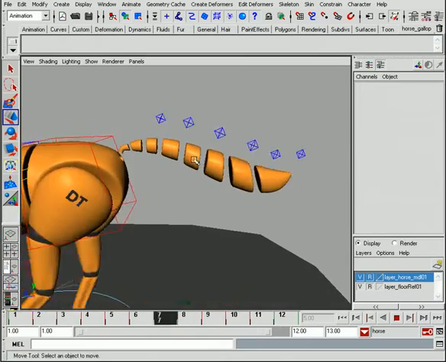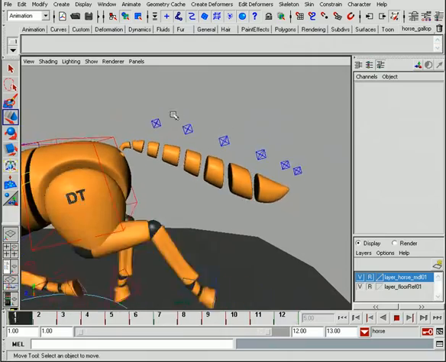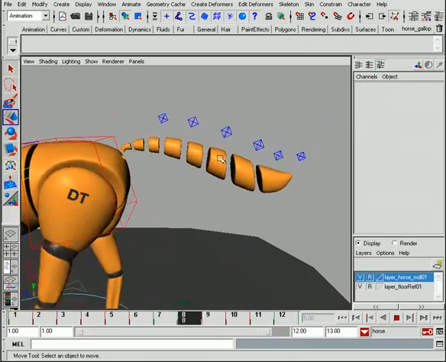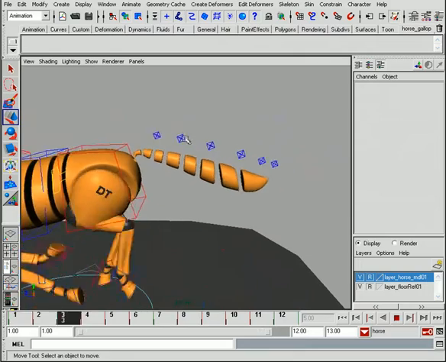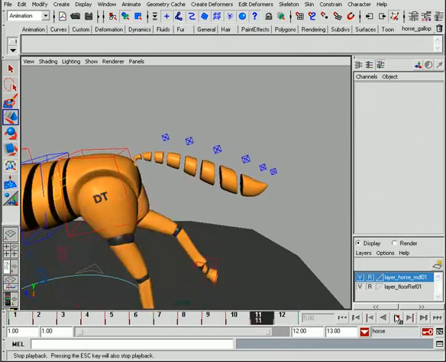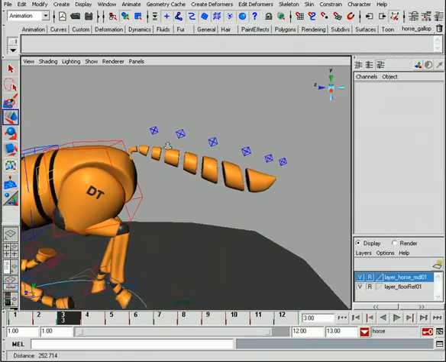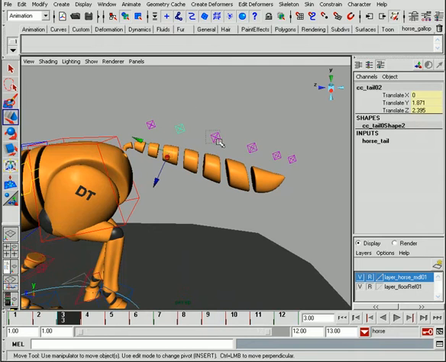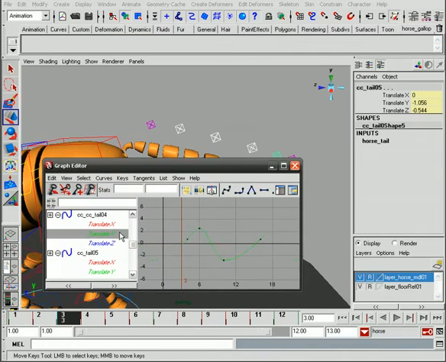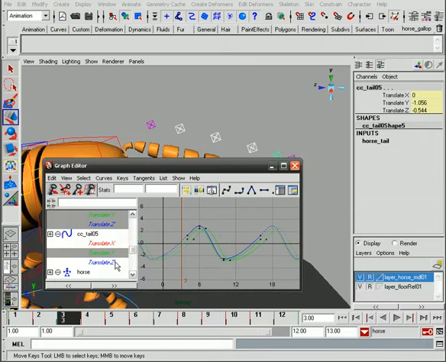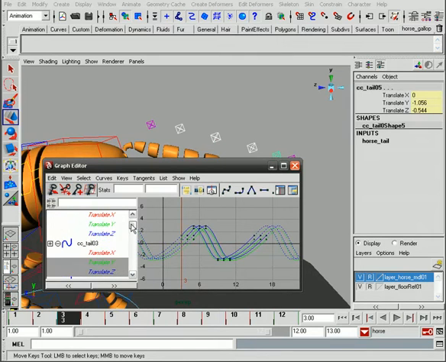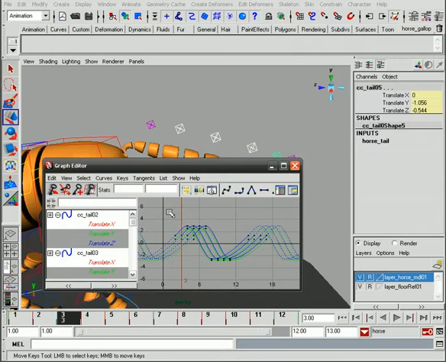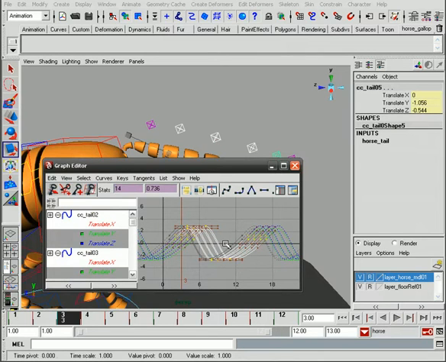But what we need to do to get a better wave pattern is to increase our values gradually. And we'll do that via using our scale tool in the graph editor. So let's go ahead and work on that now. What we'll do again is select our controls from 2 to 5. All 4 of those controls. Go back to the graph editor. And again, we're just going to our translate Y and Z. So let's go ahead and select them. And with them selected, what we do is select our keys again, all of them,